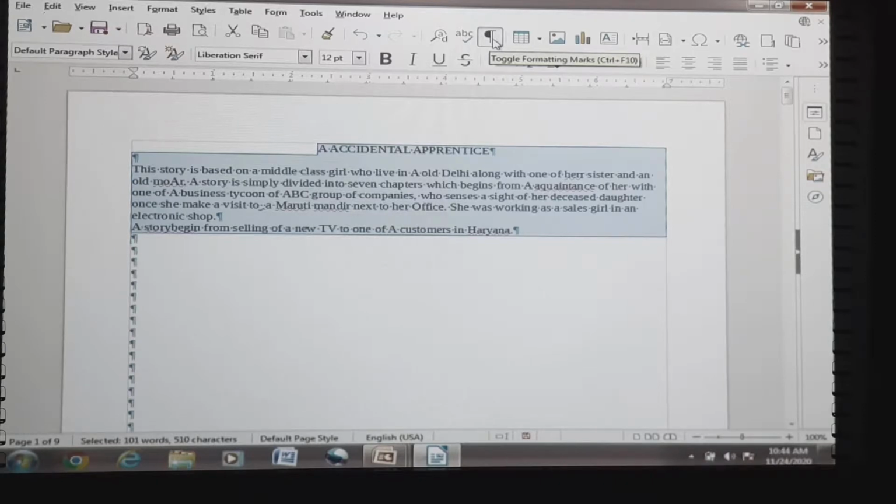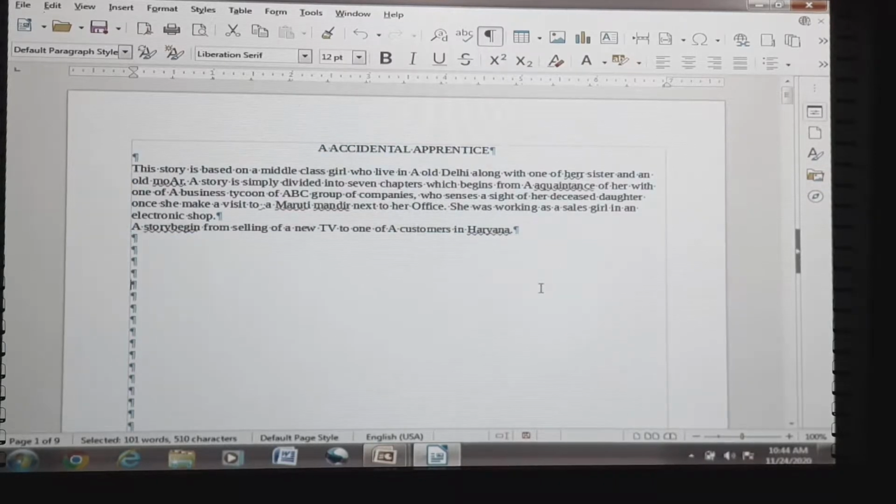See here. After the title bar, we have kept one line. After this only, we go ahead with our actual paragraph. Here, this story is based on a middle class girl. See here, after every word, a full stop is appearing.